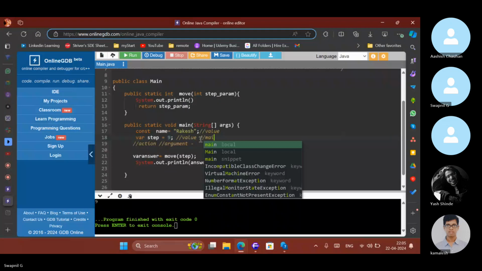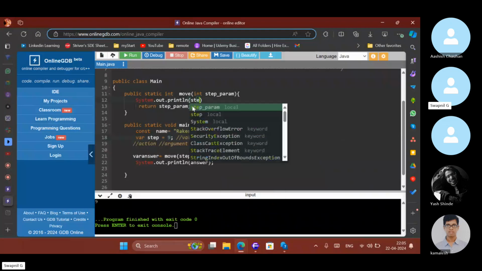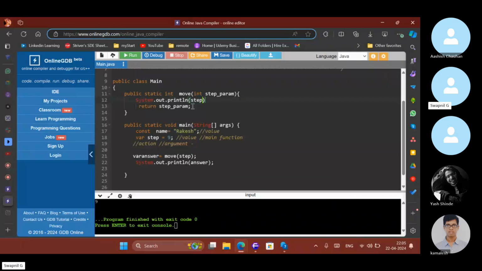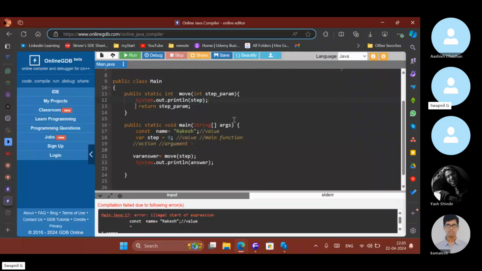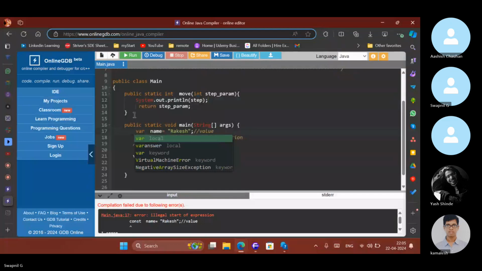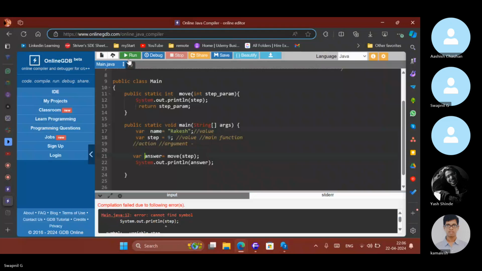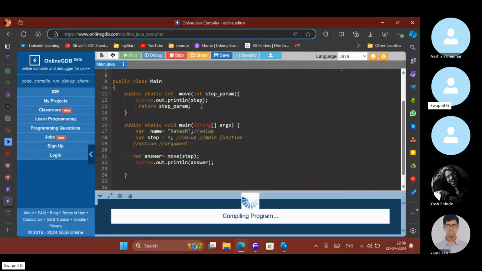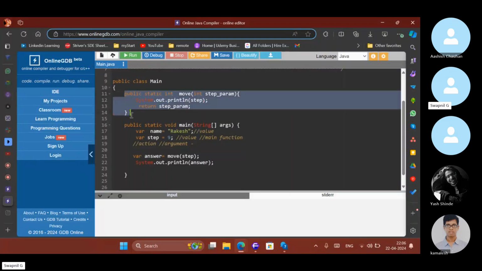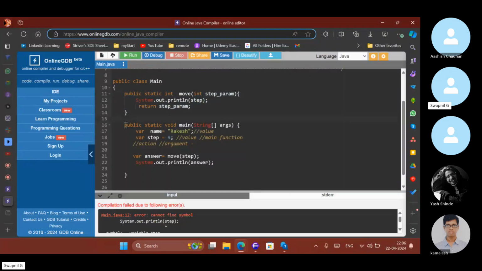And if I try to use it over here, I cannot use it. Can anyone tell the reason? Cannot find symbol. Why can you not use a step from another function? Because this is a separate function, and this is a separate function.